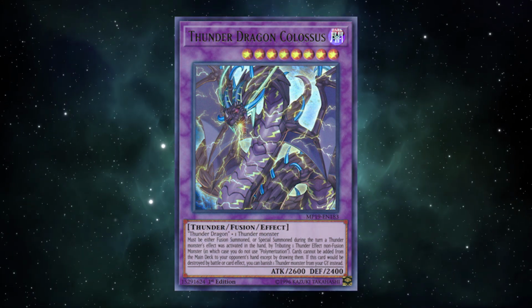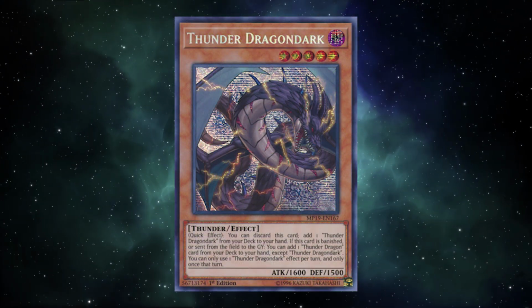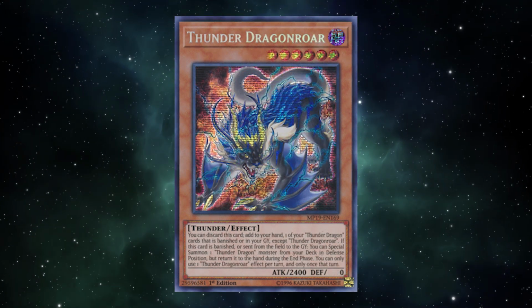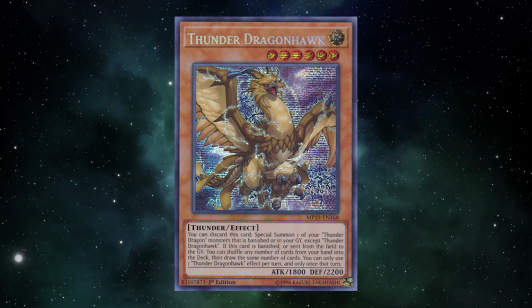Yes, Thunder Dragon got a whole series of support for it to make it its own deck. Thunder Dragon Dark is a card that can discard itself to add another copy of itself from deck to hand. Thunder Dragon Roar can be discarded to add a Thunder Dragon card from your graveyard or banished pile to hand. Thunder Dragon Hawk can be discarded to special summon a Thunder Dragon monster from the grave or banished pile, and